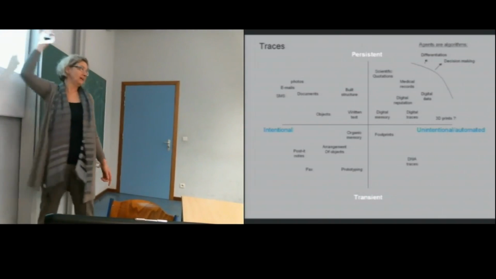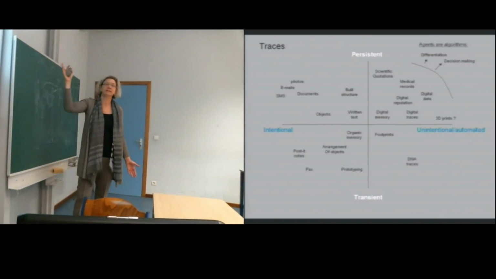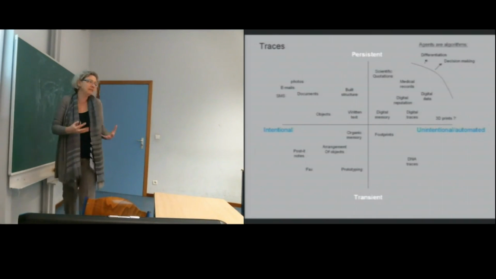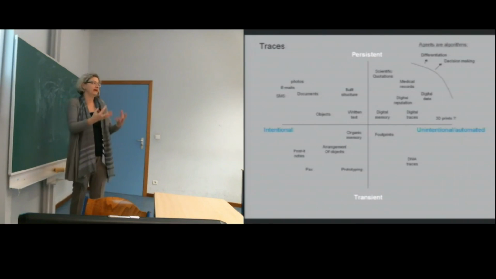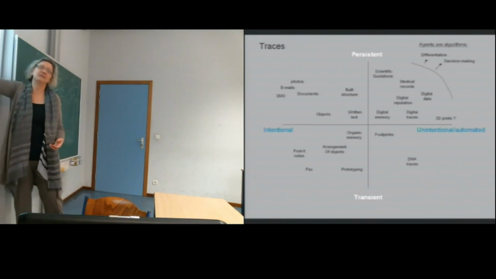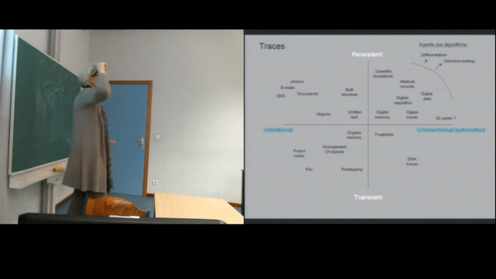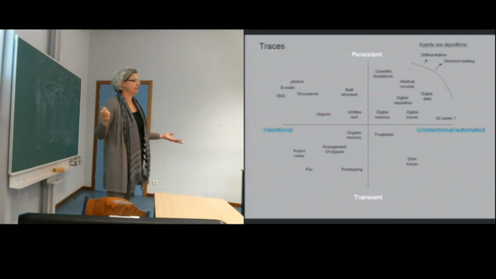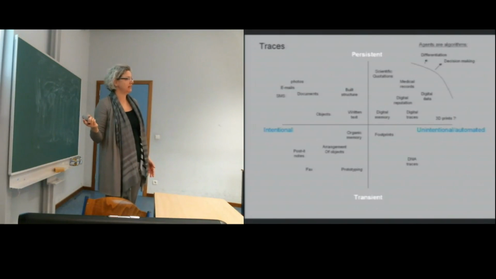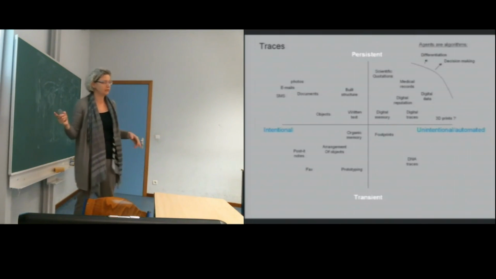And footprints, like on the beach, if you walk on the beach, in terms of unintentional, it's like you don't walk in order to leave traces. It's not like doing the like, but you leave traces behind. It means the medium is automatically taking traces from your action. And it's like we all leave DNA traces around, but until not long ago, it didn't make any sense. It was not a trace. It was a waste. But today, with the fact that we can read DNA traces, suddenly it's a trace. Something that was a waste or non-informative becomes a trace.